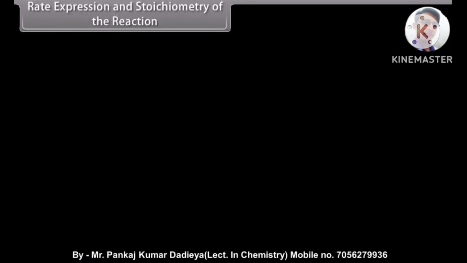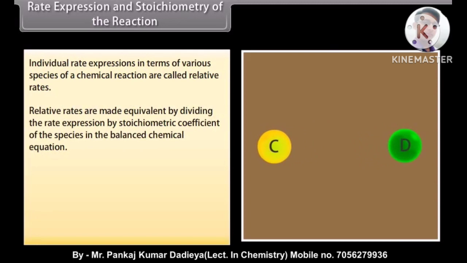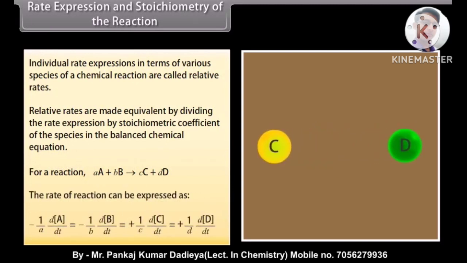Rate expression and stoichiometry of the reaction. Individual rate expressions in terms of various species of a chemical reaction are called relative rates. Relative rates are made equivalent by dividing the rate expression by stoichiometric coefficient of the species in the balanced chemical equation. For a reaction, small a, capital A, plus small b capital B makes small c capital C plus small d capital D, the rate of a reaction can be expressed as